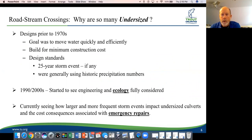So it kind of begs the question, why are so many of these failing? And I'll share this a little later, but up to 50% of these structures are failing, what we consider failing. And why do we have so many of those? And you can see in this quick narrative that a lot of this work